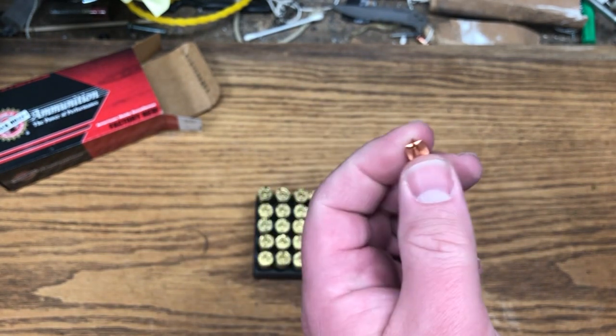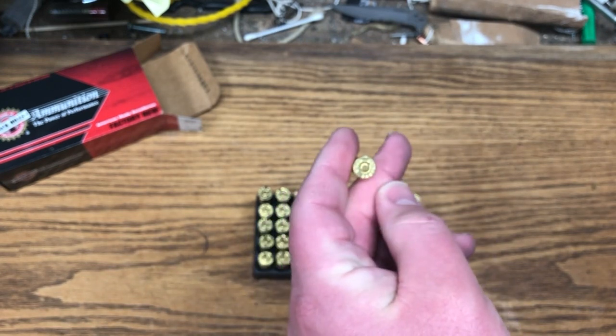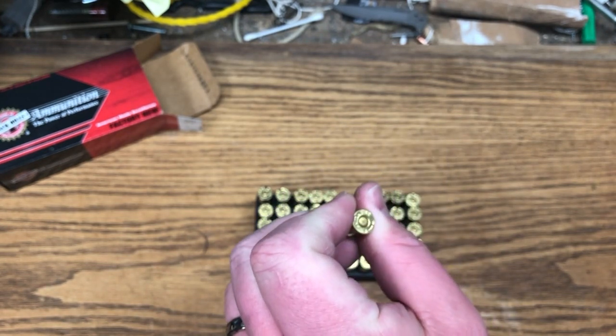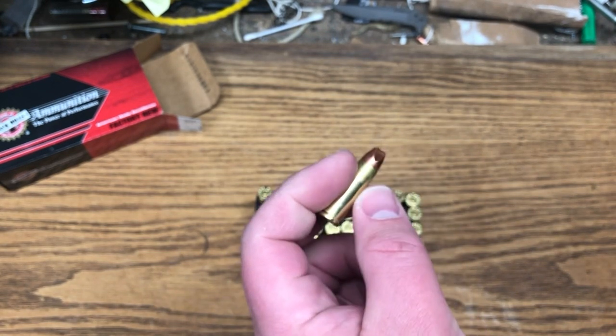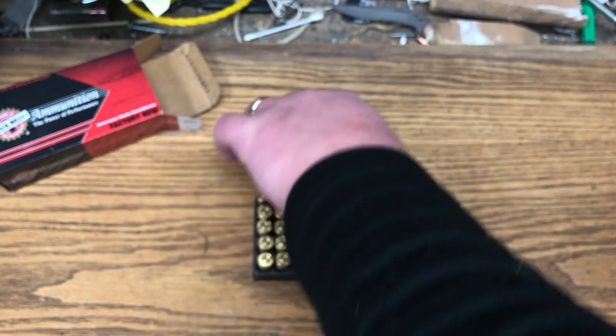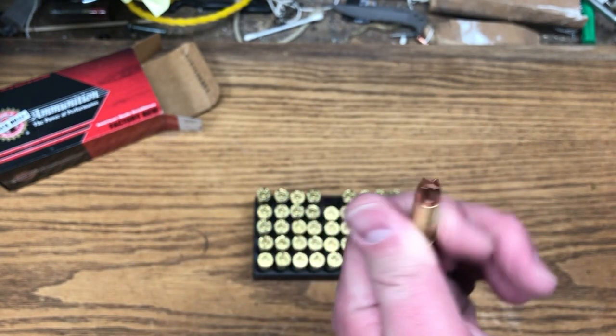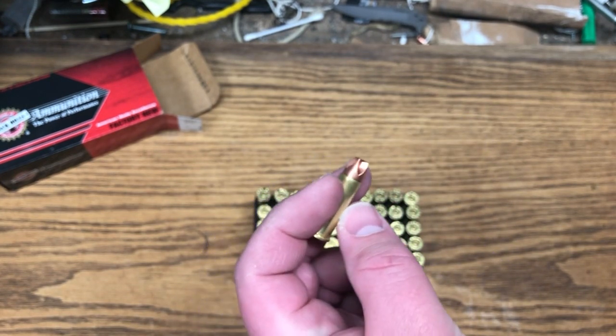I do like the projectiles. Hopefully Black Hills quality specs come through for us on this one. But yeah, I don't expect to get 360 foot-pounds of energy out of a snub nose. But then on the other hand, why do you need 360 foot-pounds of energy for a copper solid,